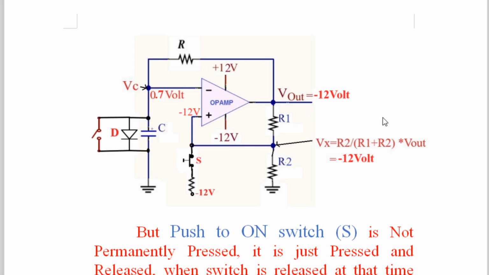From HVL it will go to LVL, because as soon as you press this, for a fraction of a second, if you press the switch, this point goes to minus 12. And then when this goes to minus 12, the op-amp compares these two voltages and the output will be thrown to minus 12. So that is one thing confirmed. So just press and release it, the op-amp's output will be thrown to minus 12. But when you release it, then what will happen? We'll have to see it.